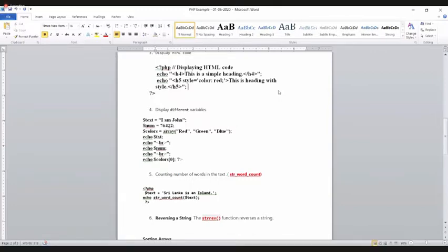Then if you are displaying an array, we haven't done the array yet, but you know how to define an array with a variable. Array elements are separated by commas, you can write a numerical array. We will do the array in today's presentation.